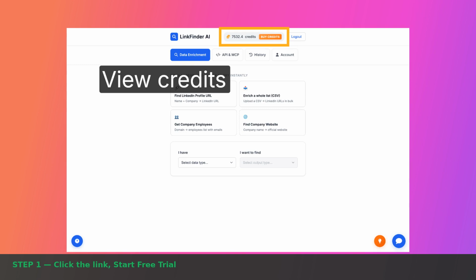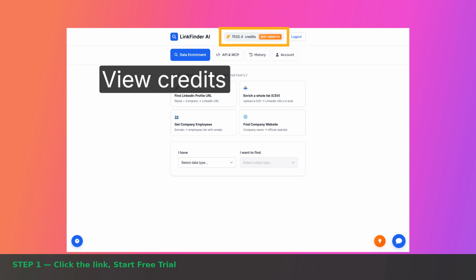And this isn't a throwaway free trial either. Setup takes about 5 minutes. It's GDPR compliant, and you're never asked for a credit card just to start looking things up. The free credits you get actually work like the paid ones, so you can test this exact workflow before spending anything.